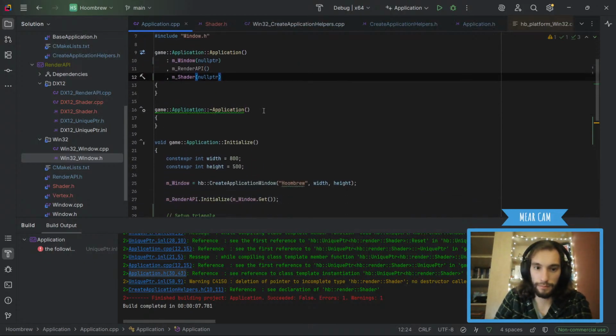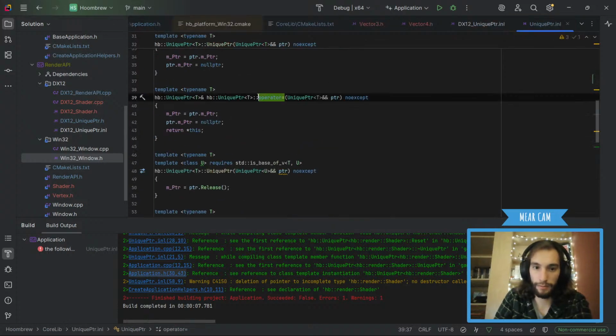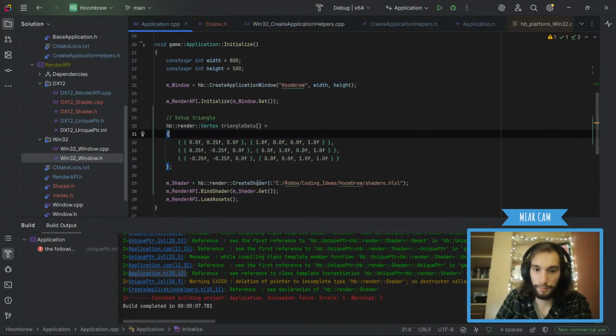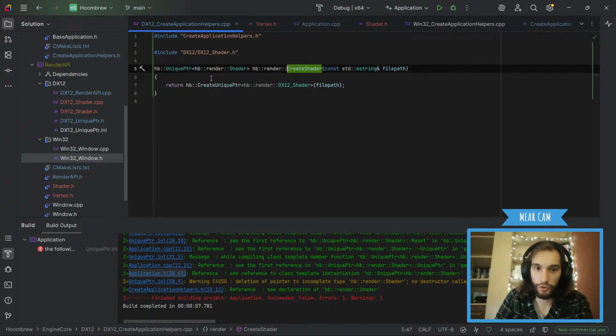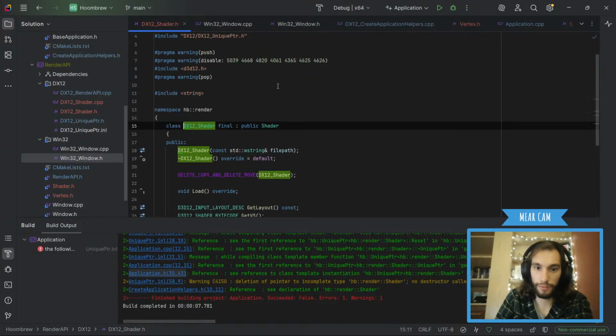We do that. And then we create one with the equals. This will fill it in like so. Yeah. The create shader, which will create a unique pointer of DirectX 12 shader with a file path, which will pass it along to this one.